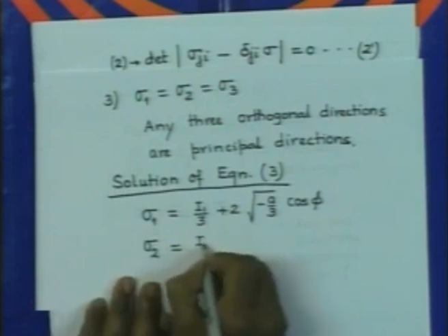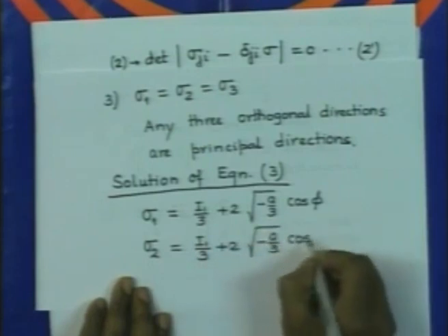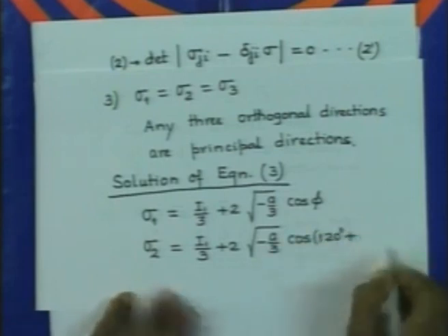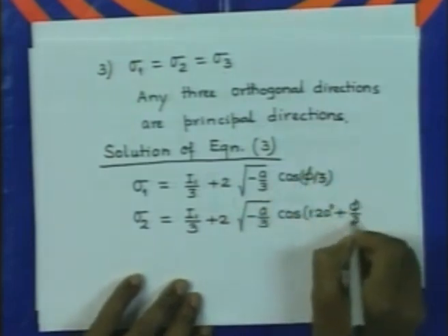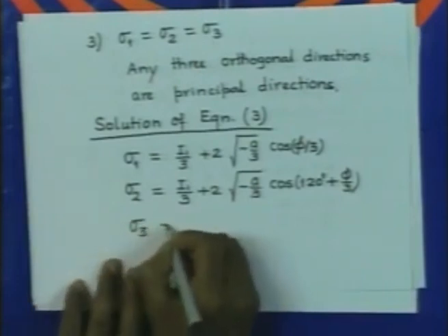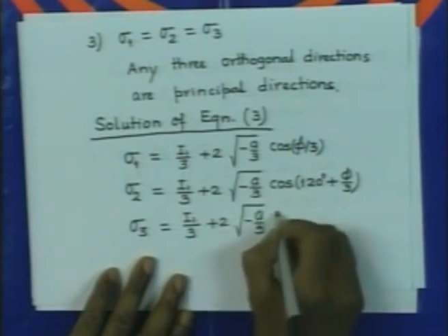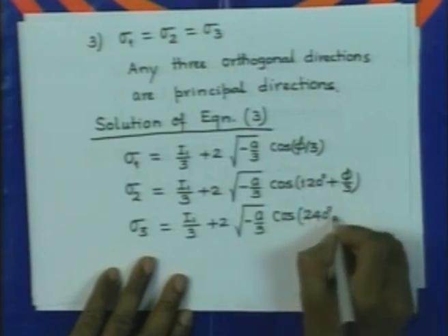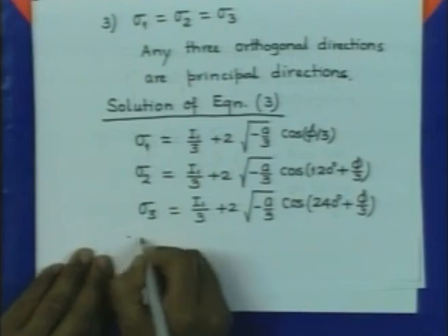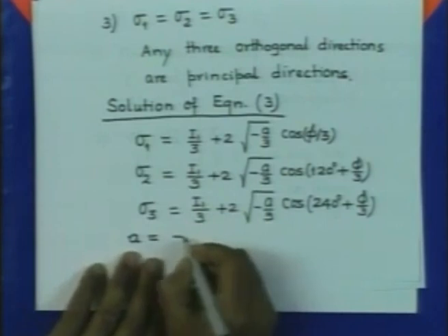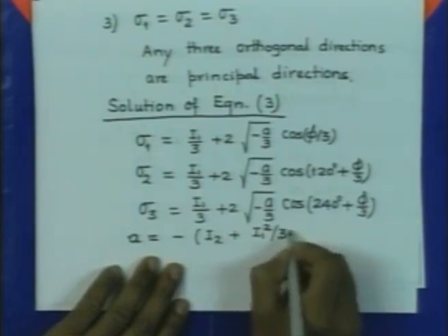Sigma 2 is I1 by 3 plus 2 times square root of minus A by 3 cosine 120 degree plus phi by 3, and sigma 3 is equal to I1 by 3 plus twice square root of minus A by 3 cosine 240 degree plus phi by 3, where we have A given by minus I2 plus I1 square by 3,